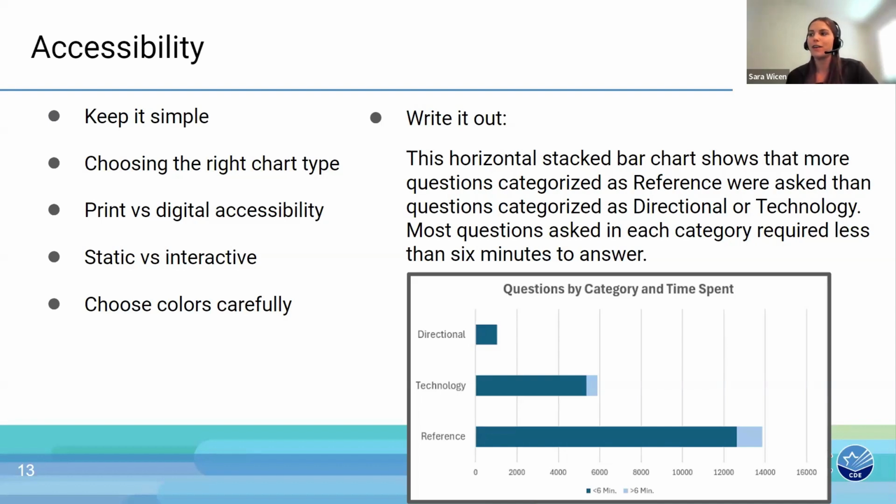And often you're a little more dependent on the software you're using and how accessible that software is. So it's really kind of a case-by-case basis in that sense. But overall, you'll want to think about tooltips, whether the screen reader is able to read those or not. And if you're printing it out, then something like adding a tooltip isn't possible.